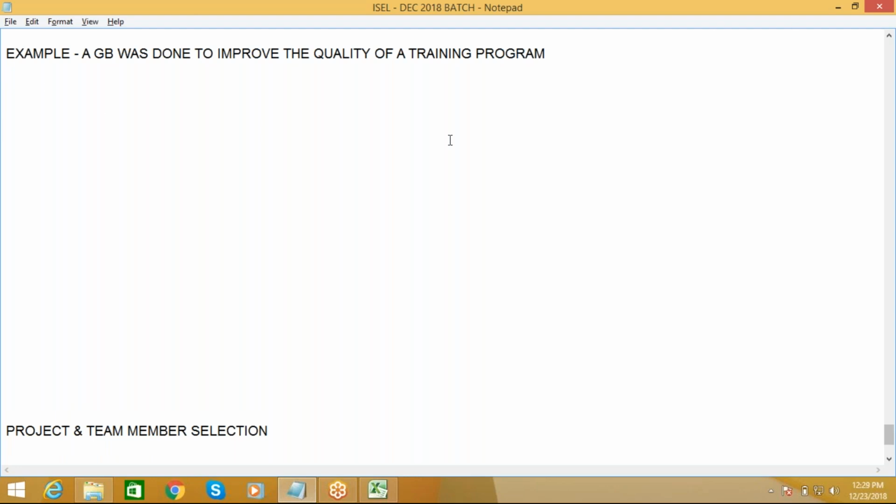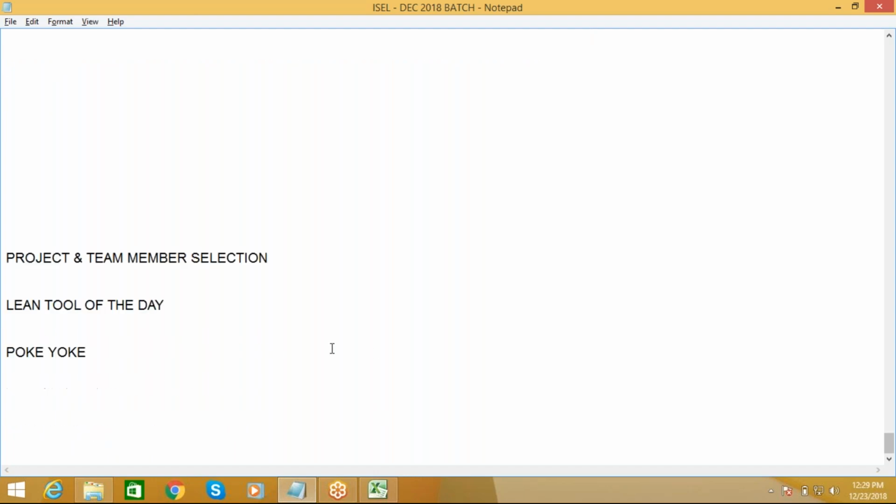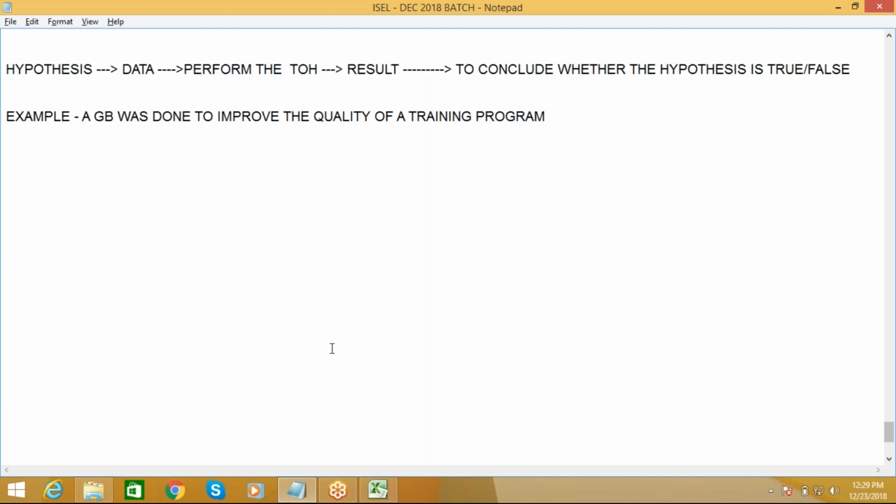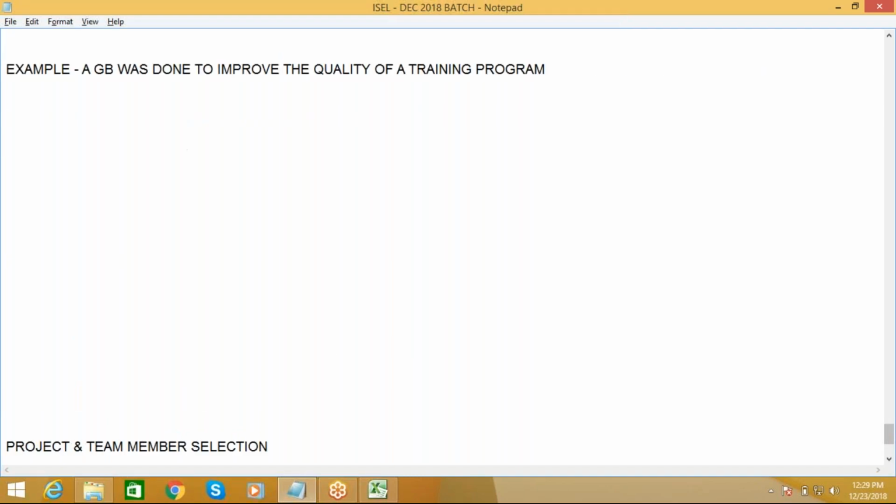Does anybody want to volunteer as an operations manager who will be working on this project with me? Yes, okay. Now let's say Arjit and myself. Thank you, Arjit. So let's say Arjit is the operations manager and I am the quality manager. Both of us are doing a project to improve the training program quality of one training program, right? So Arjit is the operations